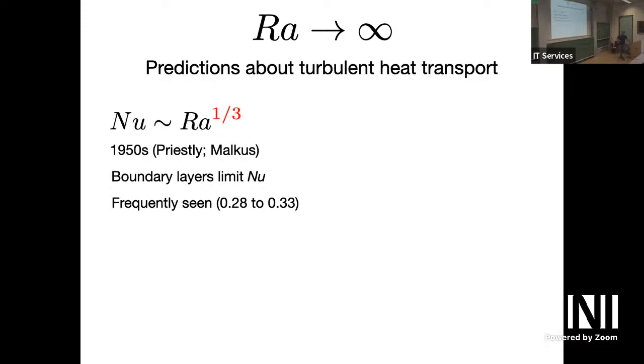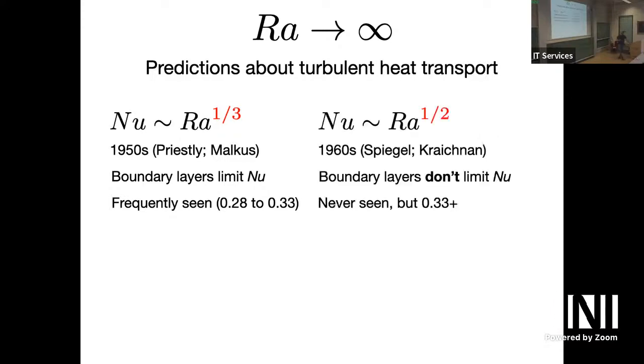This scaling is frequently seen in experiments and simulations. Typically at smaller Rayleigh numbers, 10 to the 5, 6, 7, you might start with a local scaling exponent that you measure that's more like 0.28, and then as you get up to Rayleigh 10 to the 12, 13, 14, you get something closer to 1/3. Okay. The other prediction,